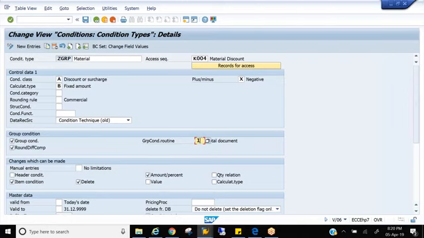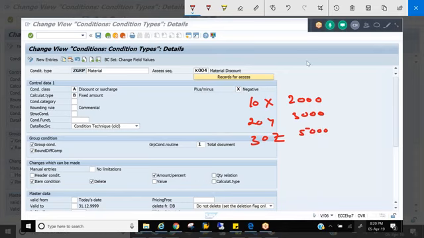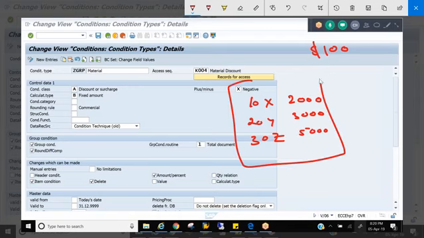Okay, rounding difference comparison. What is this rounding difference comparison? See, when you are proposing a discount at the header level, let's say serial number 10, X material, I'm just writing values here. The item value is 2000. Serial number 20, Y material, 3000. This is not quantity, it is the value of the line item. Serial number 30, Z material, 5000. So now the customer wants to propose a $100 discount on this sales order.